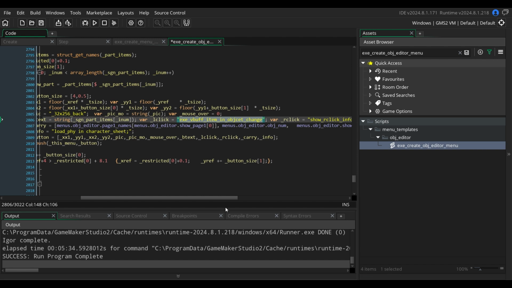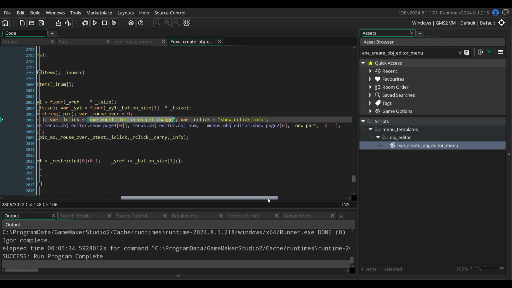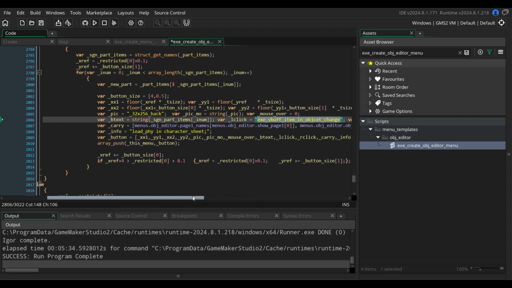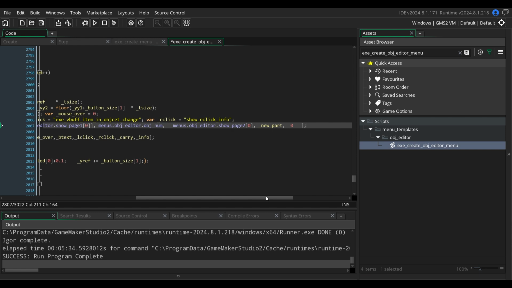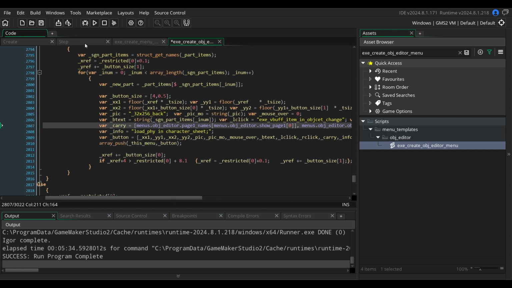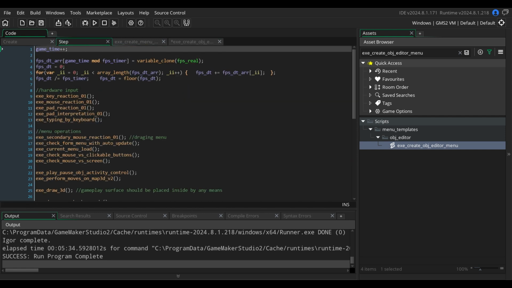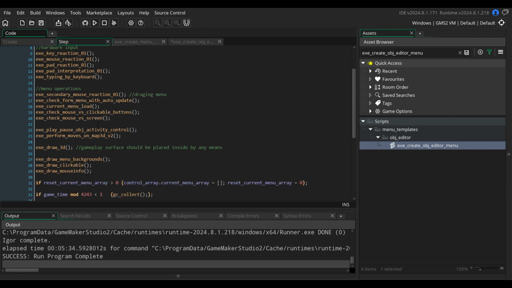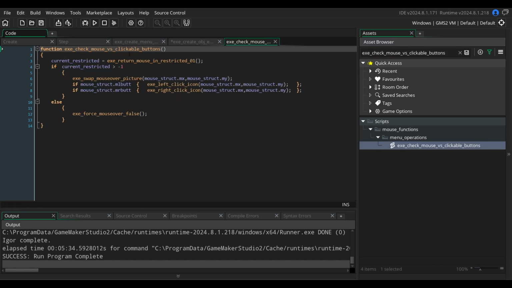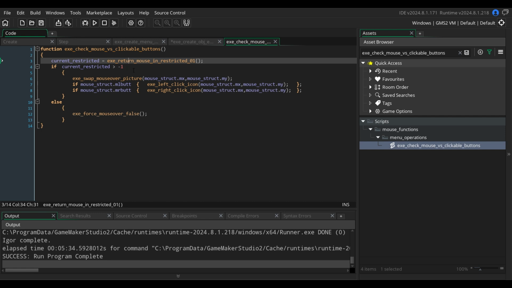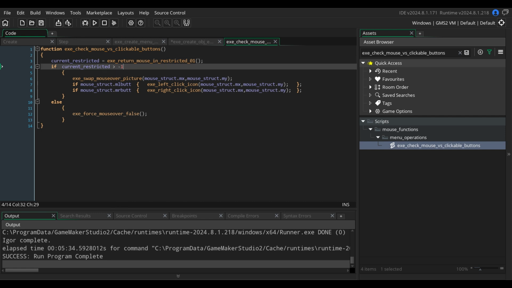it is execute script VBoof item in object change. Some script, and we are passing carry information to this one. So in case we click something like that, in the step function for the whole program, we have check mouse versus clickable buttons, and if it is in restricted area, it's changing the picture, and